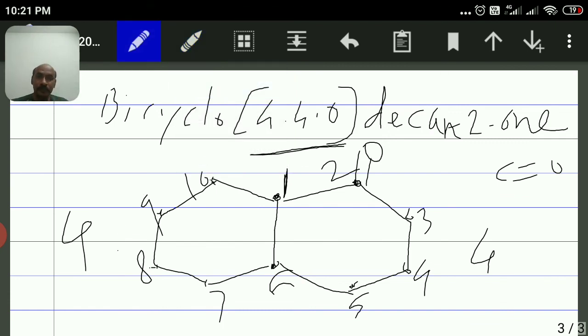So here it is about how to draw structures if the name is given. So you practice for the